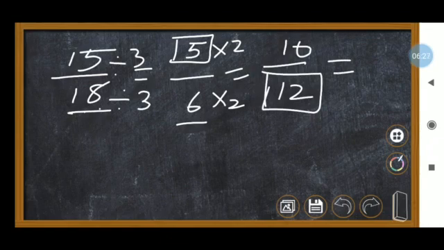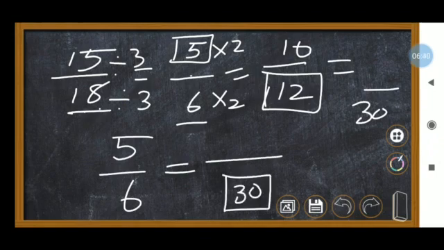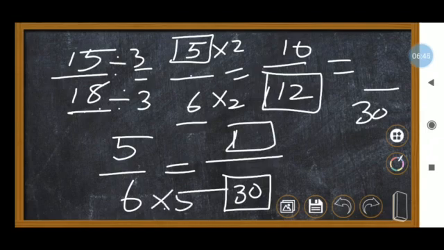Then one more box they have given. So that means equivalent ratio only, no. So 5 by 6, we have to multiply with what number to get 30 here in the box? So 6 5s are 30 and 5 5s are 25. So 25 divided by 30. So 5 by 6 if you multiply by 2, we will get one number. 5 by 6 if you multiply by 5, we will get some other number.